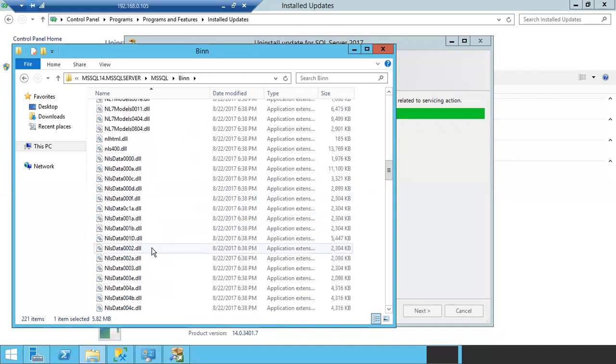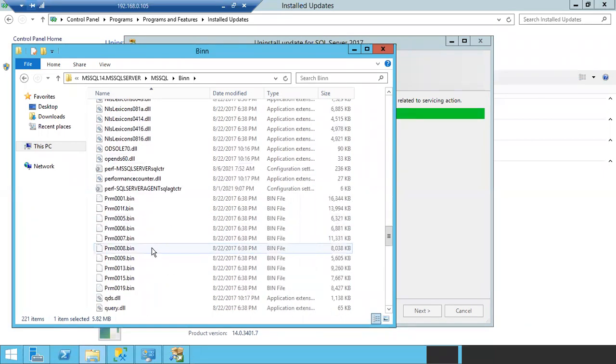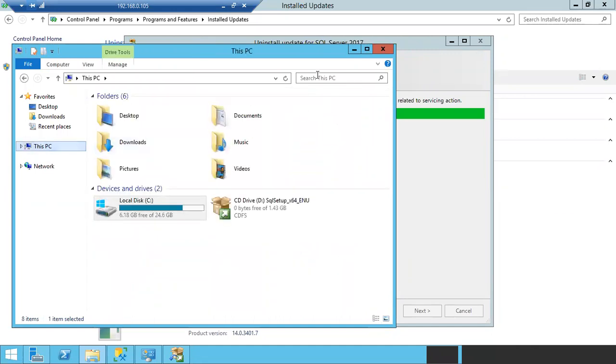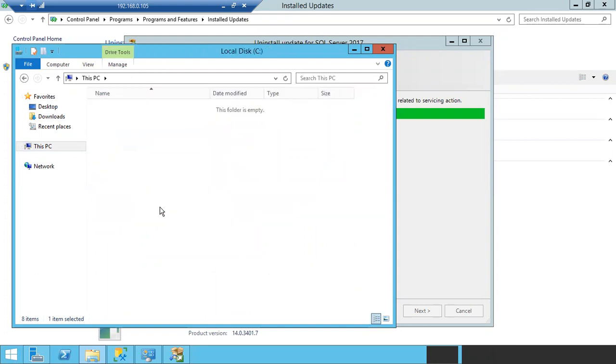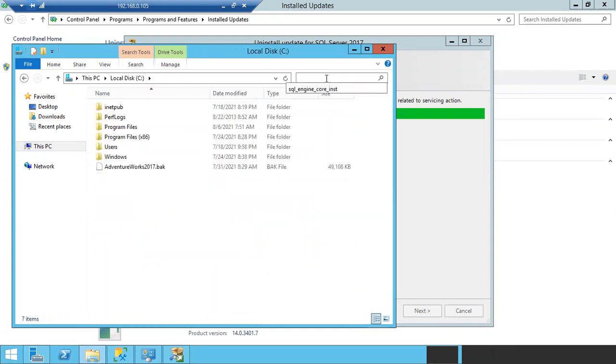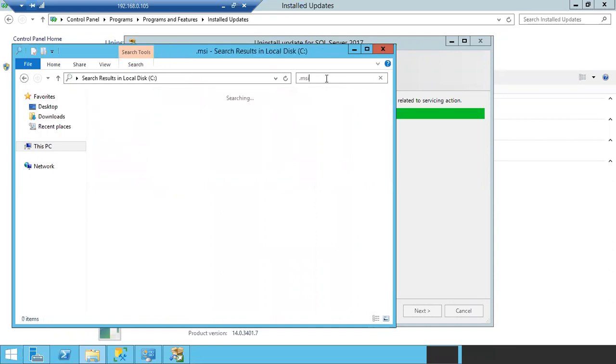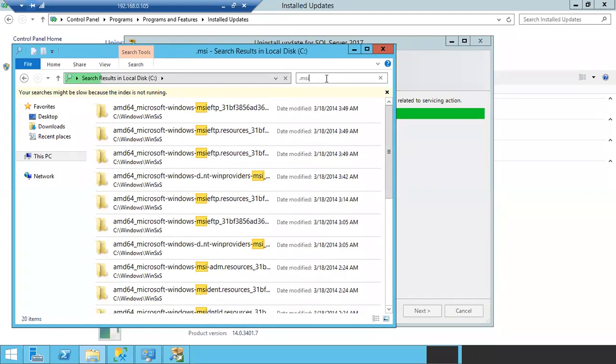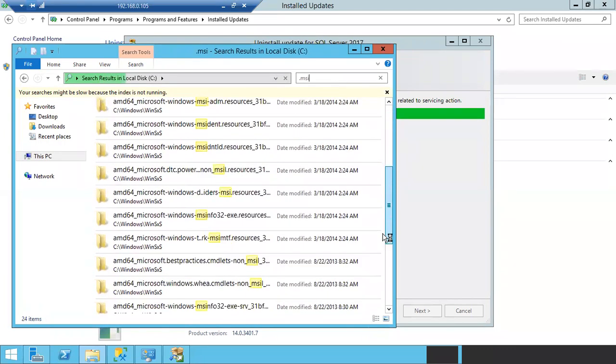Most of the files are .dll, and in the same way, MSI and MSP files also will be there. You can search for them in case you want. You can simply search in this PC, in the C drive, for .msi. See, .msi and MSP are not only for SQL Server.